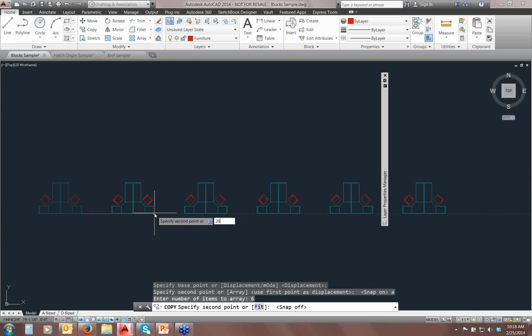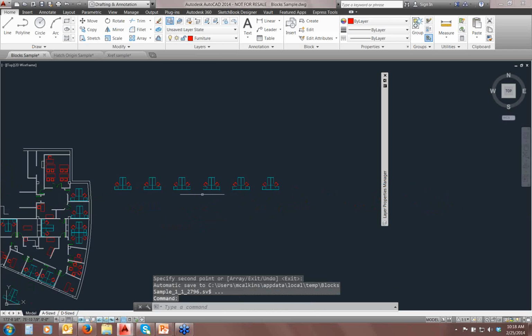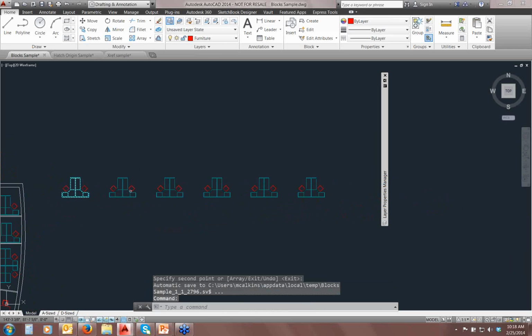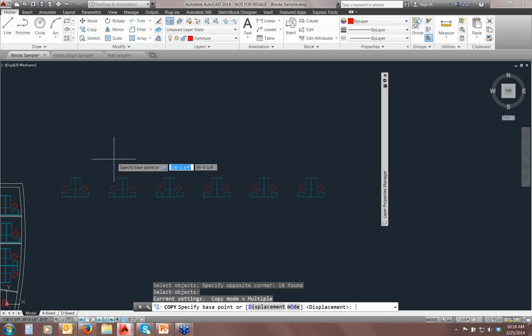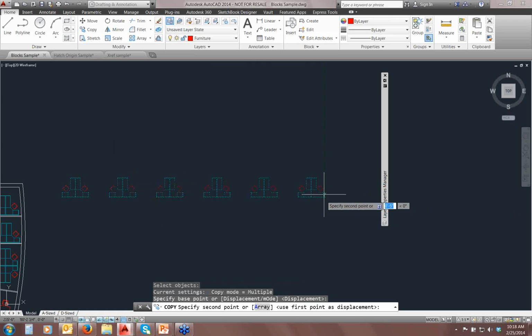I'll pull this over and say 20 feet. And we'll see it creates an array of 6 objects spaced at 20 feet. I can also, when I start the copy command, let me grab this whole line now, go ahead and pick my base point of displacement. And now, as I'm copying these, choose the array command again,